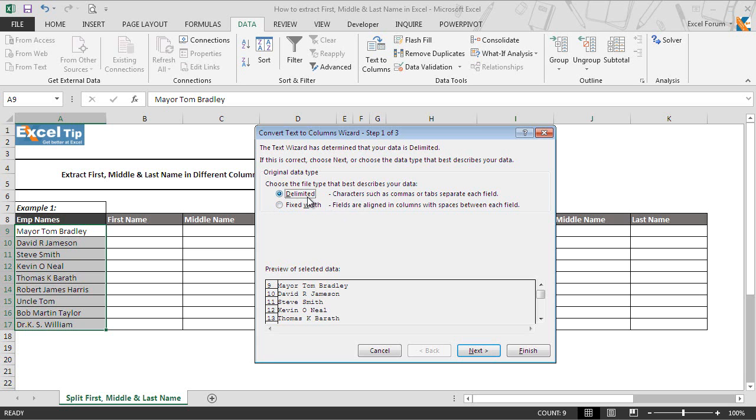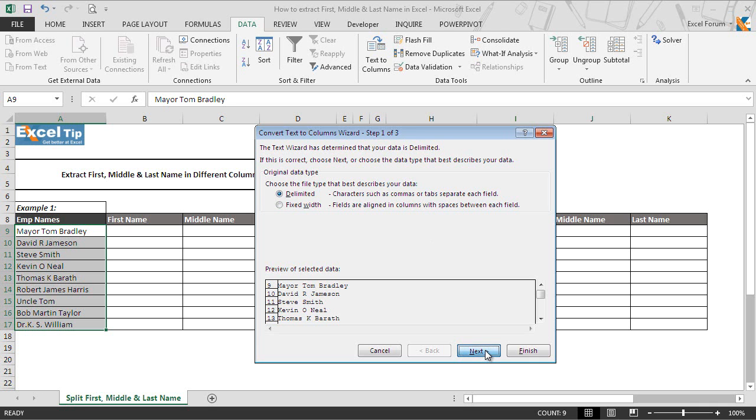The first option is best if the data is separated by any punctuation characters, that is spaces, commas, tabs, etc. The second option can be used when the length of the content is fixed. But our data is not of fixed length, so we'll continue with the first option and we'll click on